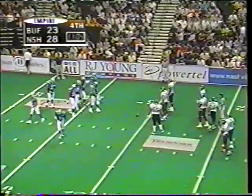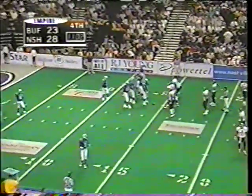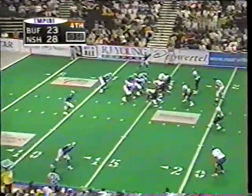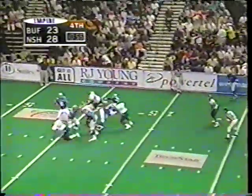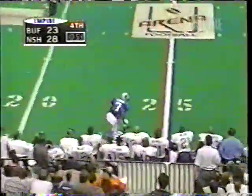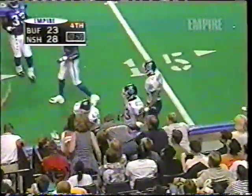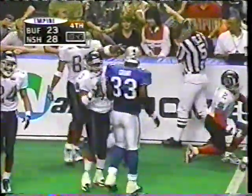Buffalo has come out in the second half and played extremely well. Nashville cannot pull the plug on their offense. They've got to continue to press and try and score points. Kelly under a little bit of duress. There's a marker down wide open here on the near side. Is Hammond finally run out of bounds, but the penalty flag was thrown right at the line of scrimmage,